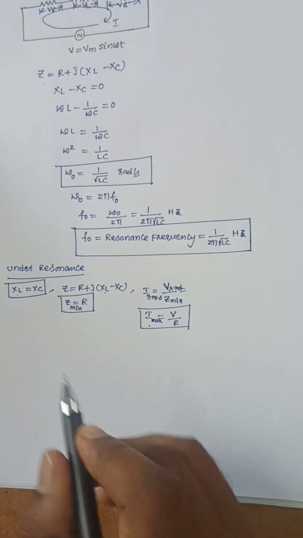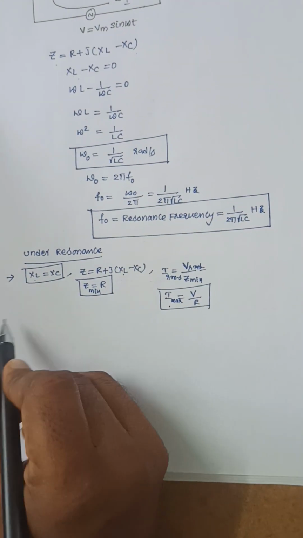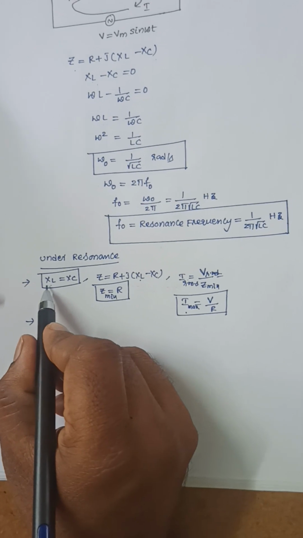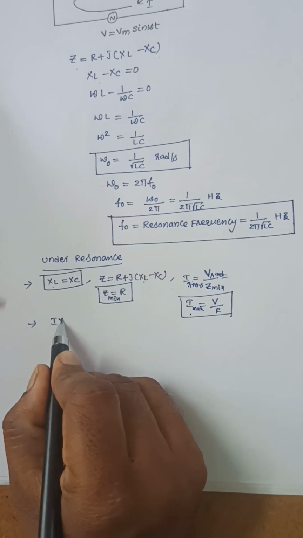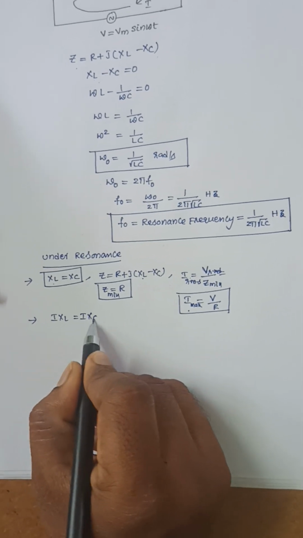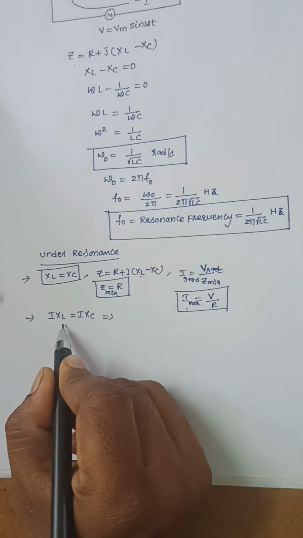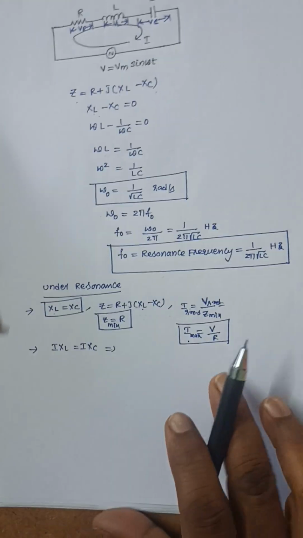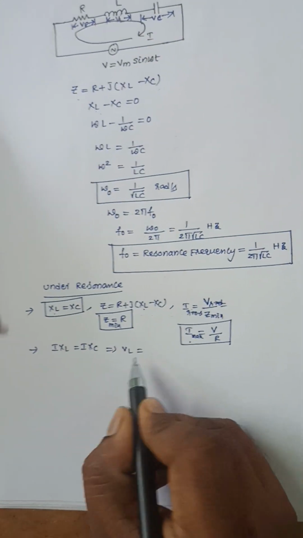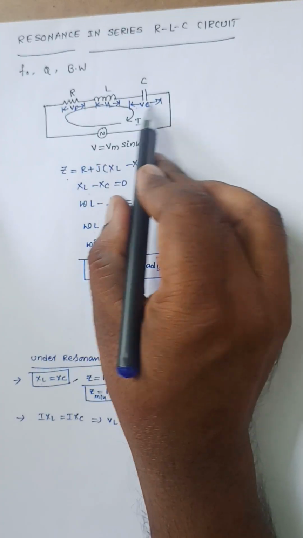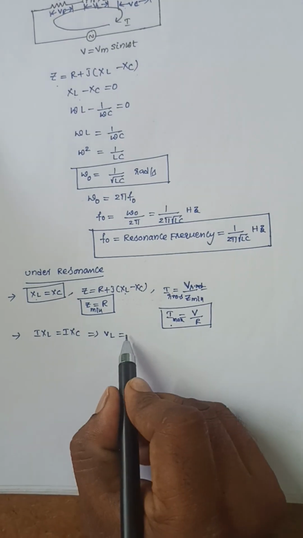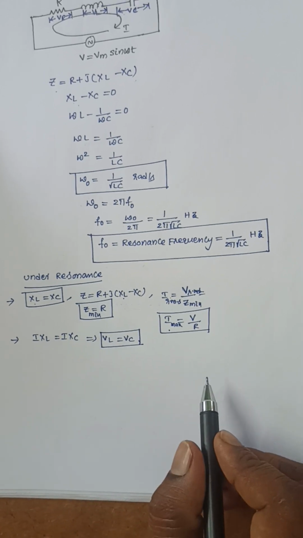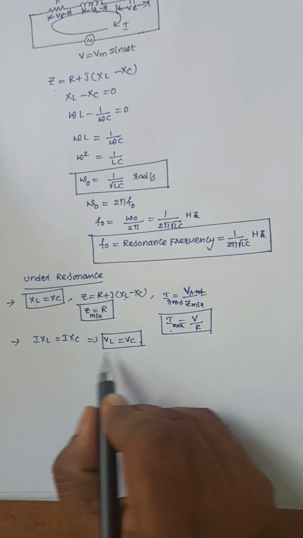Another condition: if XL = XC, and I multiply both sides of this equation by I, then I into XL = I into XC. I into XL is the voltage across the inductor, VL, and I into XC is the voltage across the capacitor, VC. That means under resonance condition, VL = VC. And also,